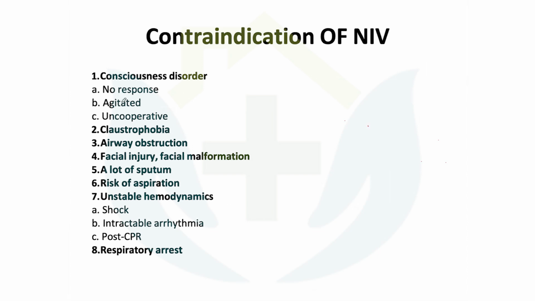Now coming to contraindications: when there is a contraindication of NIV, you can use HFNC. So what are the contraindications? One is consciousness. If the patient is not cooperative, not conscious, not oriented, or is agitated, you can't use NIV, whereas you can use HFNC to prevent hypoxia. In airway obstruction, facial injury or facial malformation, you can give HFNC. Patients with a lot of sputum secretion, risk of aspiration, and unstable hemodynamics, you may give HFNC, but in a shock patient, intractable arrhythmia, or post-CPR patient, it is contraindicated